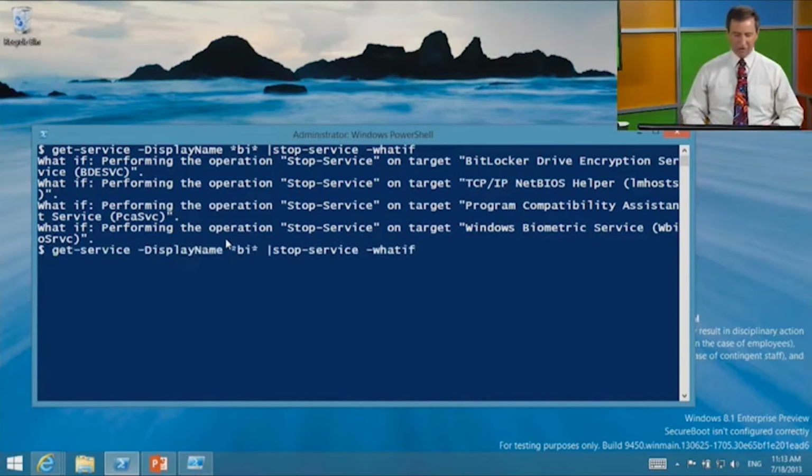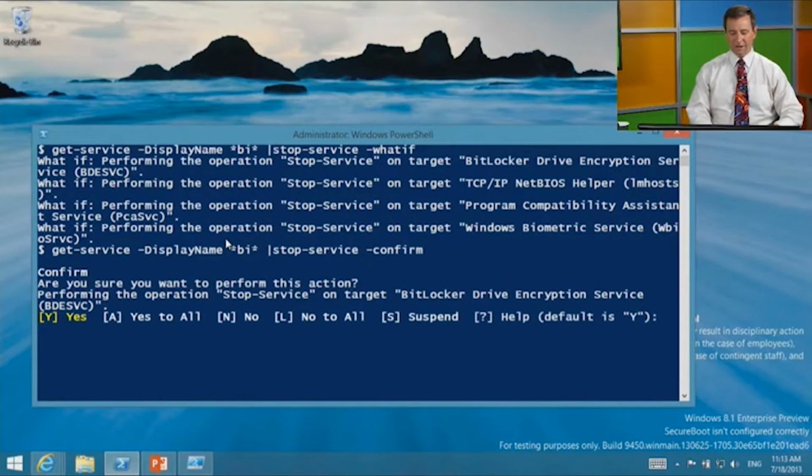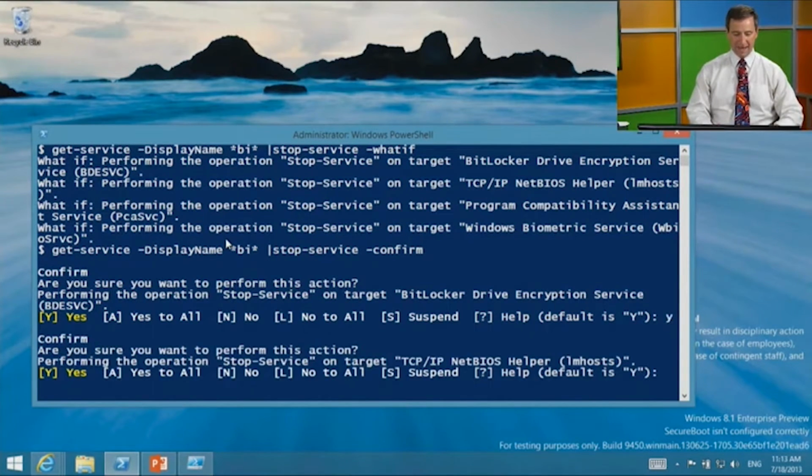If you wanted to, you could go in here and try to tweak this. But instead, you can just say, no, you know what, it's close enough. Confirm. And you say, BitLocker, yep, that's the one I want to do it to. So you stop that. And then this one, you say no, that was the only one. So you say no to the rest. And now I've stopped